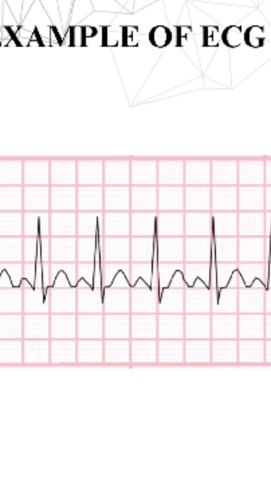Now let's move on to the example of narrow complex tachycardia. This ECG is a long lead 2 ECG. In this ECG, we can also see a broad P wave and also a broad T wave. The P wave we can see comes together with the QRS complex. In this T wave